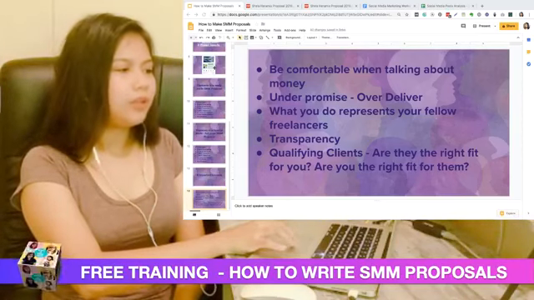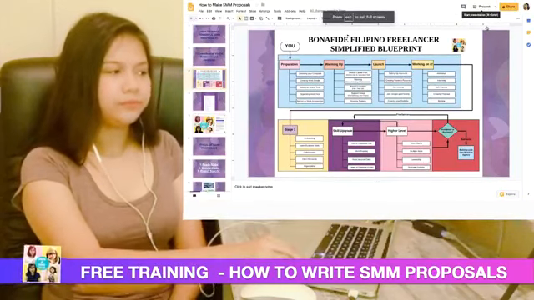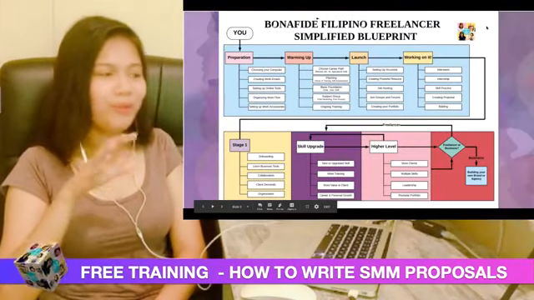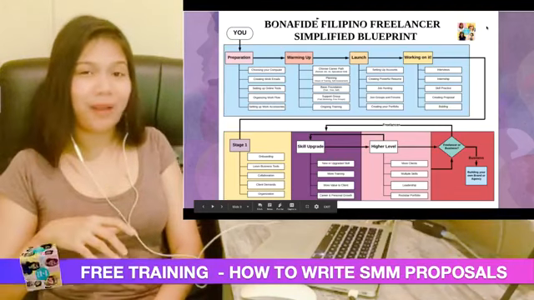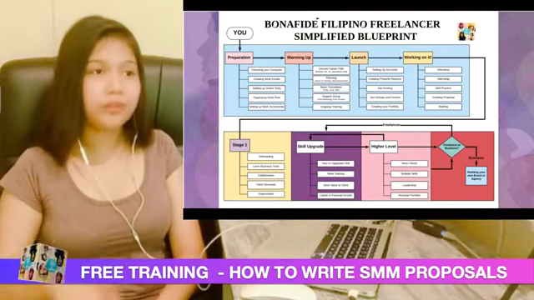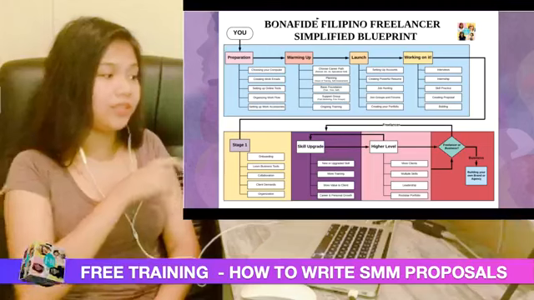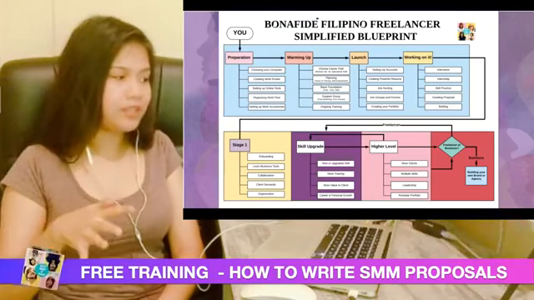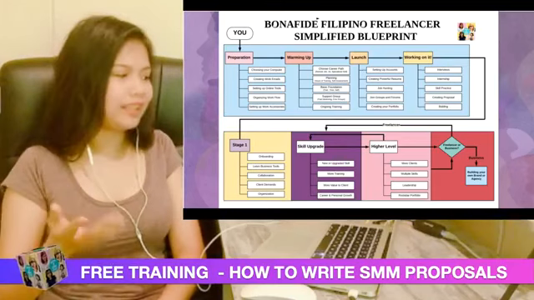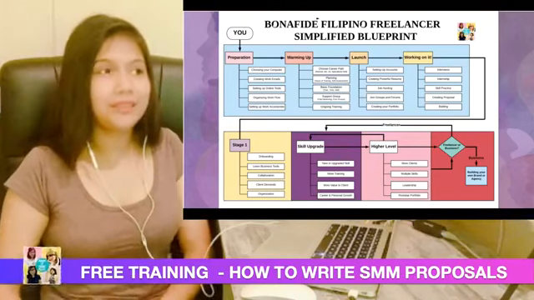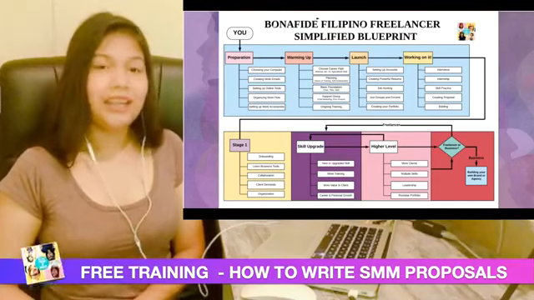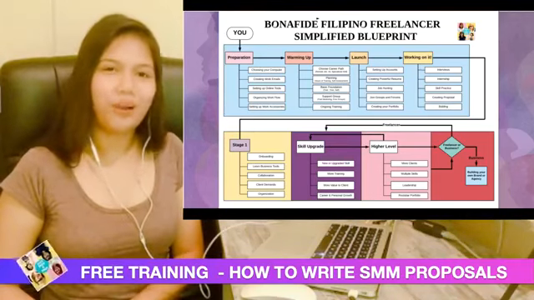Kasi itong simplified blueprint na to, mukhang sa papel, parang, okay, ganito. Pero ang totoo, digmaan yan, lalong-lalo na kapag nasa stage 1 ka, sa onboarding, learning the business tools, collaboration with the client, meeting the client demands, talagang digmaan yan, mahirap yan. Talagang, iiyak ka minsan, feeling mo hindi mo kaya.